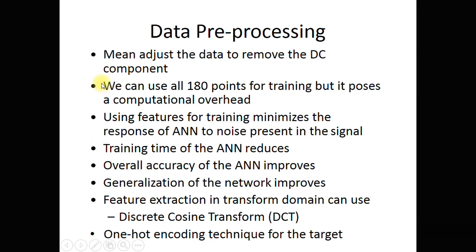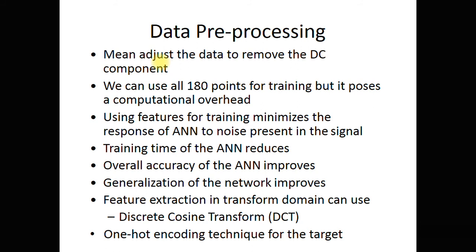But before that we have to pre-process the data. What do you mean by pre-processing? First of all, there is a DC component embedded in the signal. If you remember the data acquisition for electrocardiogram, you have the electrodes, and then we have the pre-amplifiers, and then the instrumentation amplifiers, and then we amplify the signal still further. So naturally some kind of DC content is going to be included there, and that is what we want to remove. So the very first operation that is required is mean adjust, that is removing the DC component.